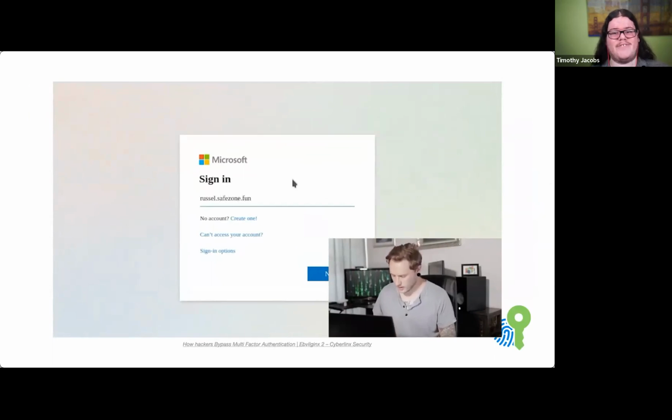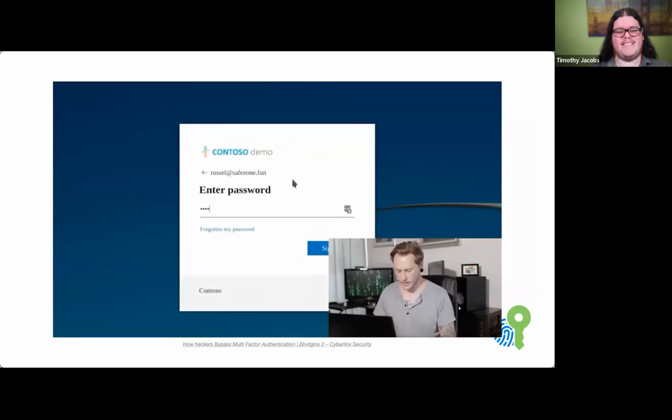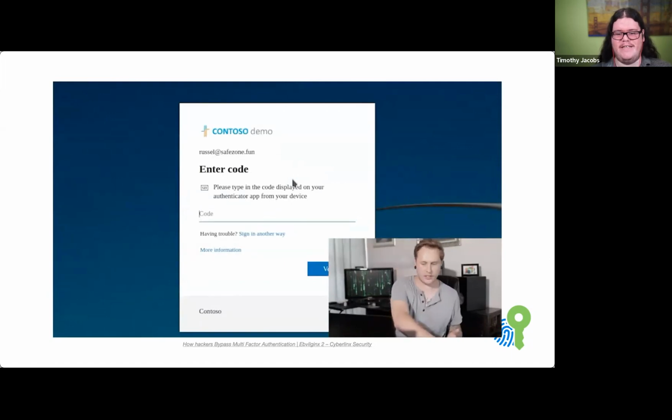This is not Microsoft's website. It looks identical to Microsoft's website. And the reason it looks identical is because it is serving exactly Microsoft's website. So everything here is the actual UI that Microsoft shows. And the only way you can protect against this is if you are 100% confident in the URL that you're